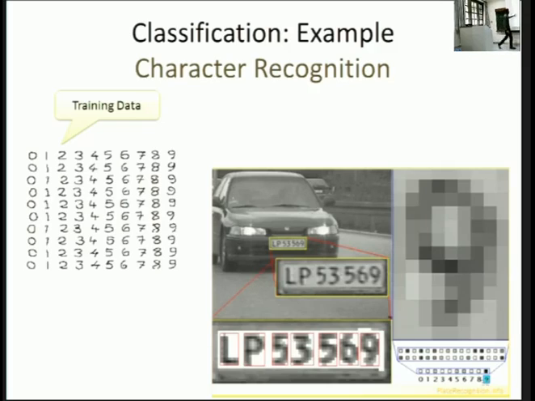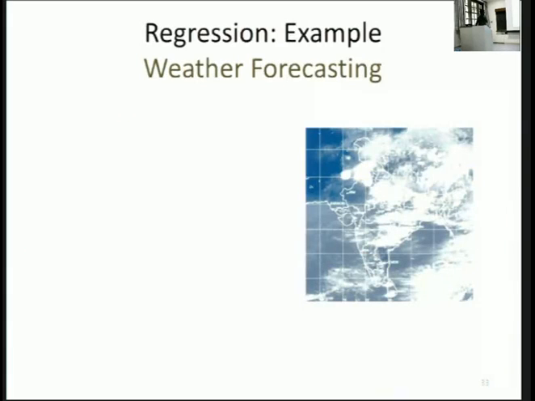In this case, you might want to find a car's number plate because it was overspeeding. You detect the number plate and you have these numbers. Now you want to search in a query and figure out who the person is. So you give each of these digits to an algorithm, and it will predict which number it is, 0 to 9, which one it belongs to. So here it's a classification problem, but the number of classes has increased a lot. Earlier it was just raw and ripe. Now it has 10 classes. So that is one example. In the case of regression, one example would be weather forecasting.